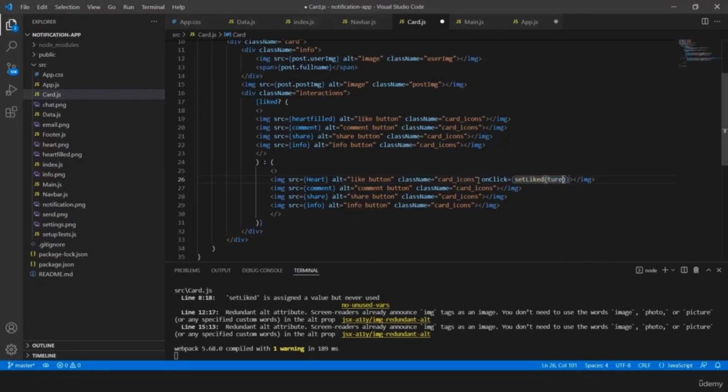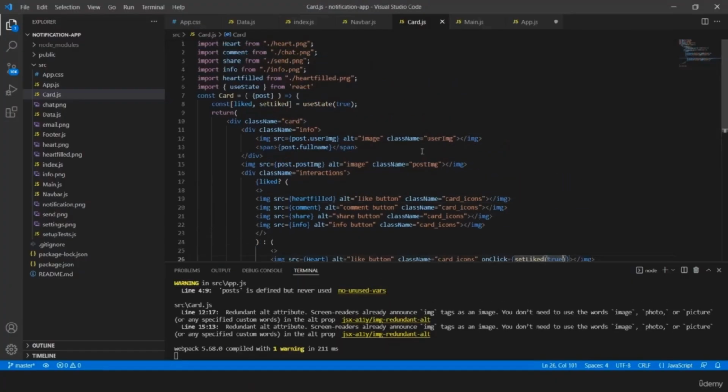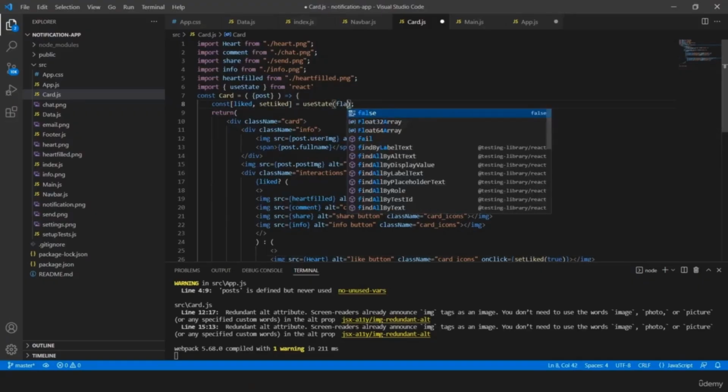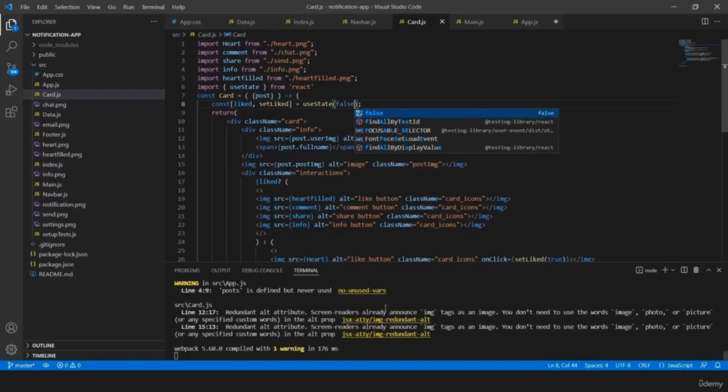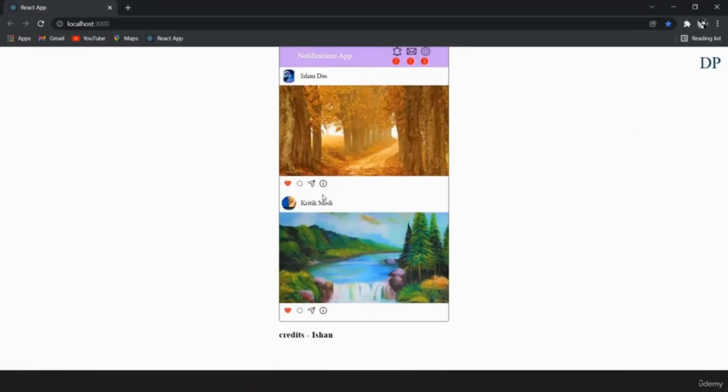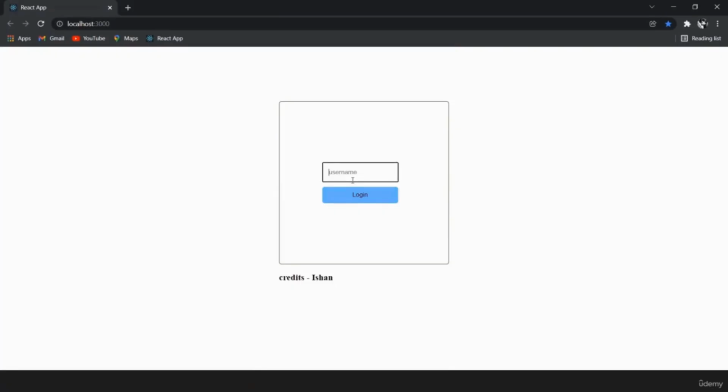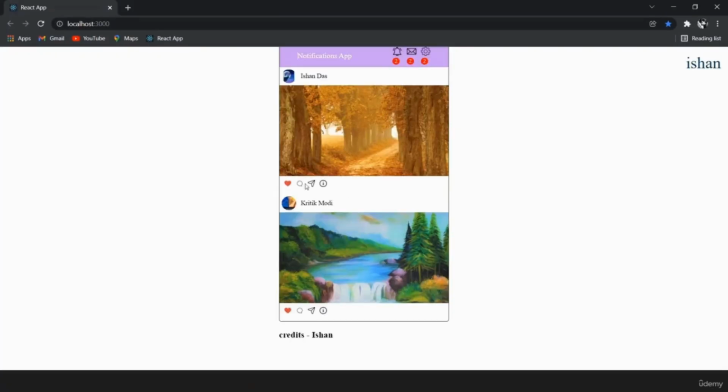Sorry, true. And initially we'll make this false. Now when we save this, we can see